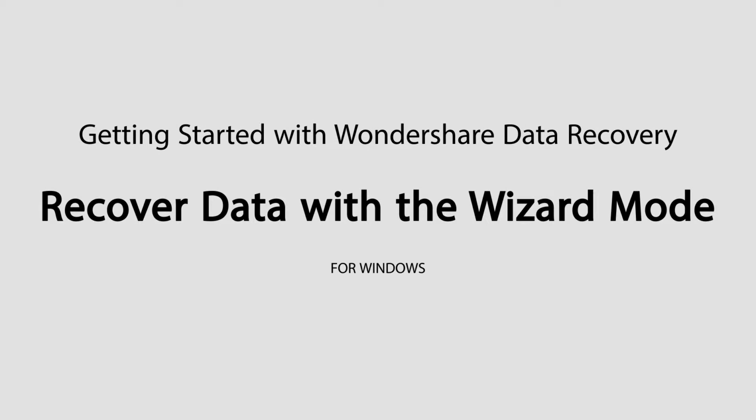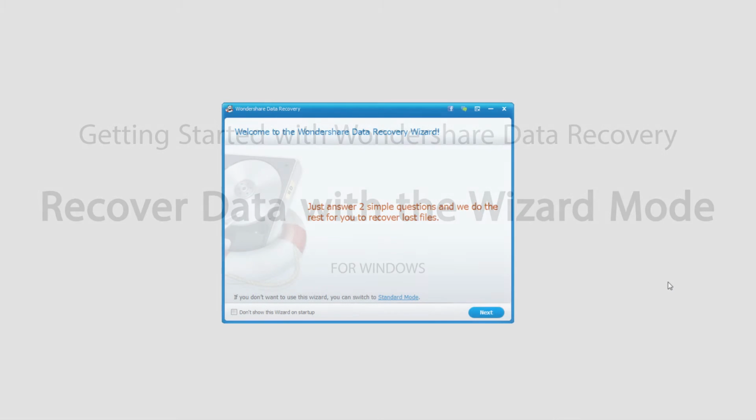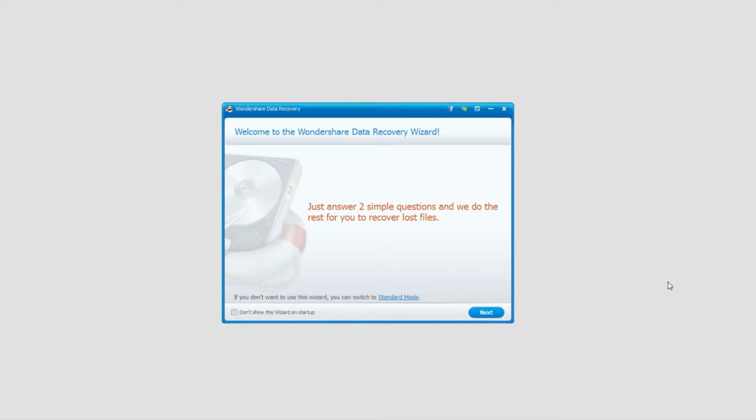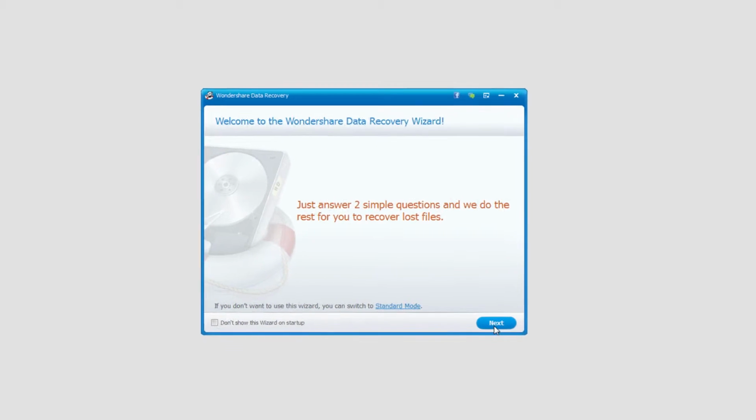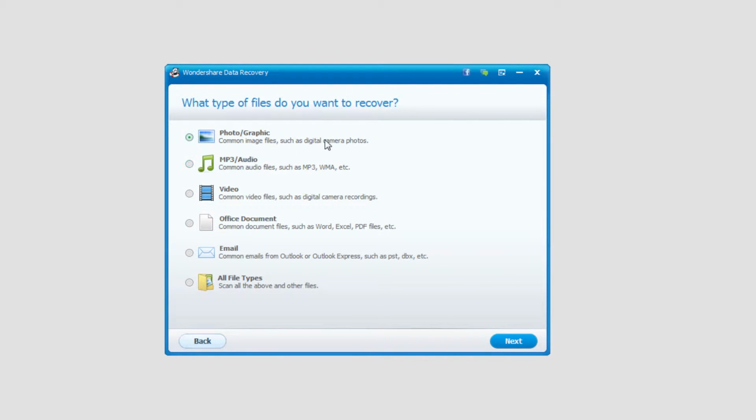Hello everyone, in this tutorial I'll be teaching you how to recover data easily and fast with the wizard mode using Wondershare Data Recovery. So the first step is of course to open the program. By default it opens in wizard mode, which is perfect for what we want. So we're going to click on the next button and we're going to select the type of file we want